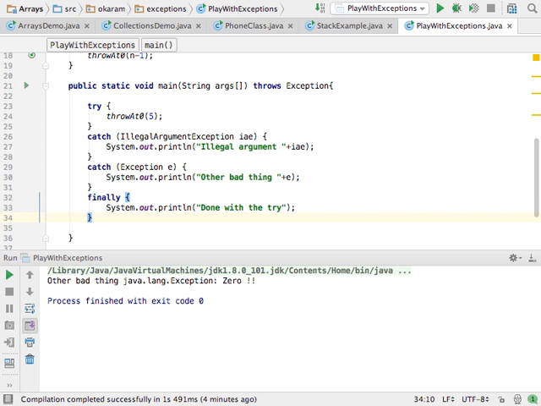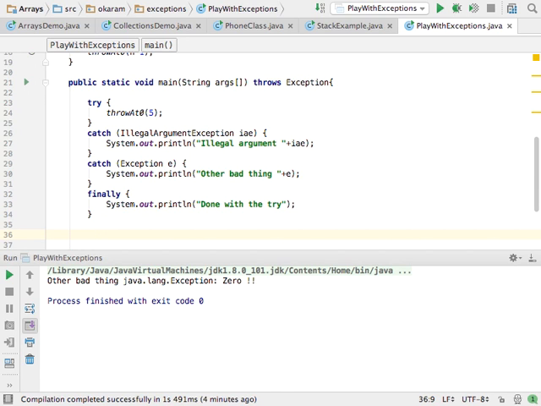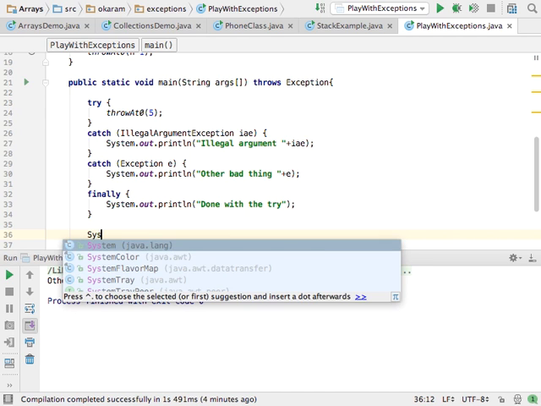The finally code will get done regardless. Whether there is an exception or not, it will always be called after, and after any exception handling. And then you could have